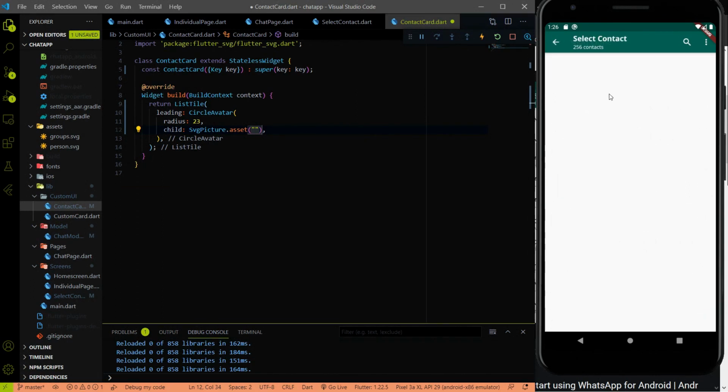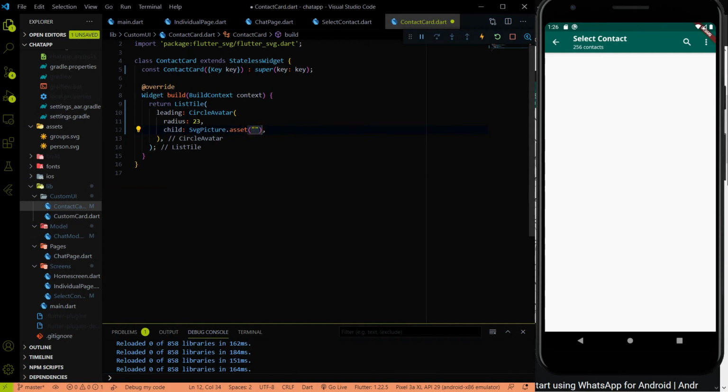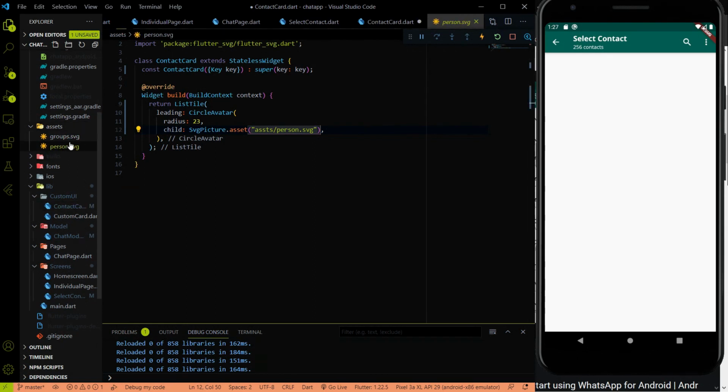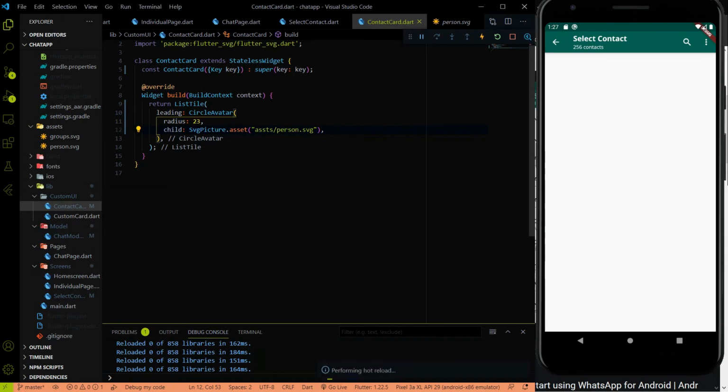So we have to provide the asset name, and the asset name of this thing is assets slash person dot svg, the person svg. Okay, so we have to use that thing over here, and let me hit the save.